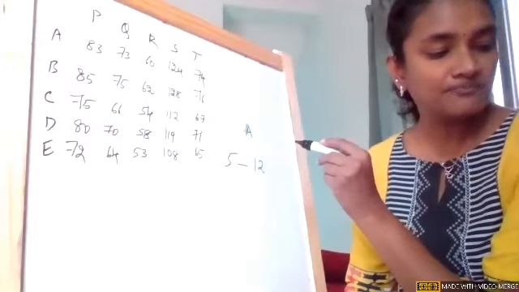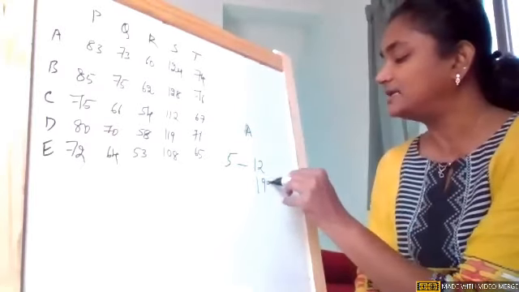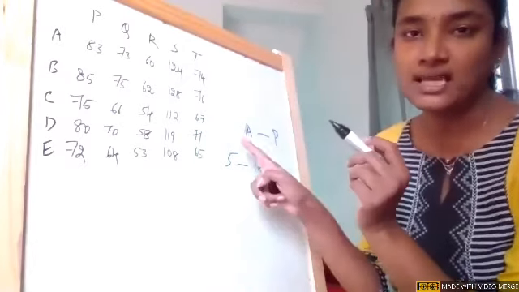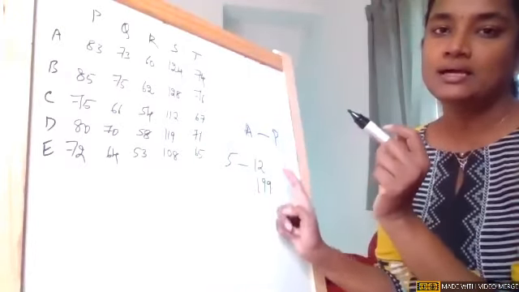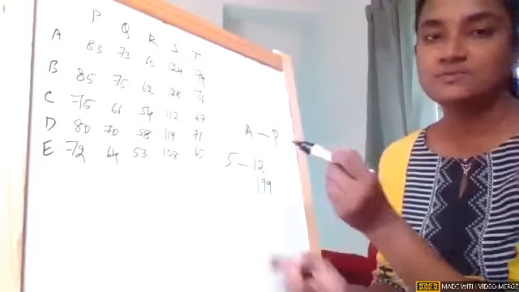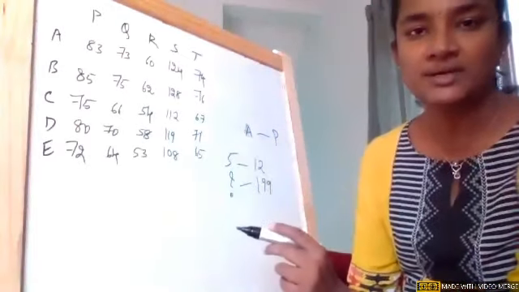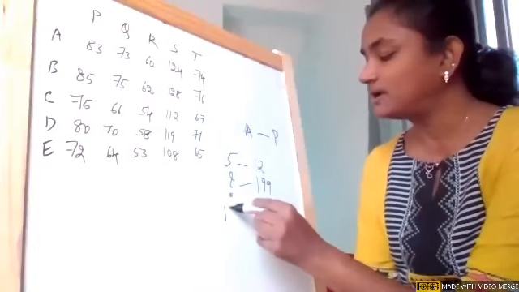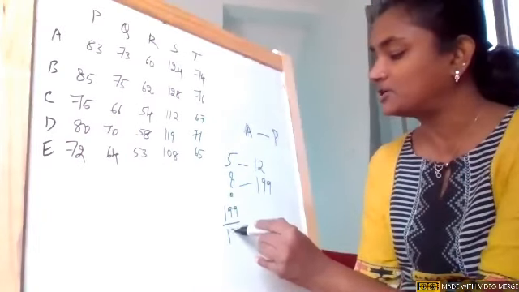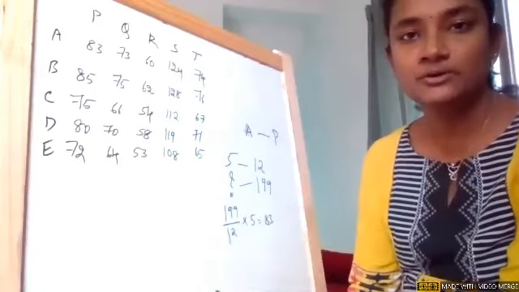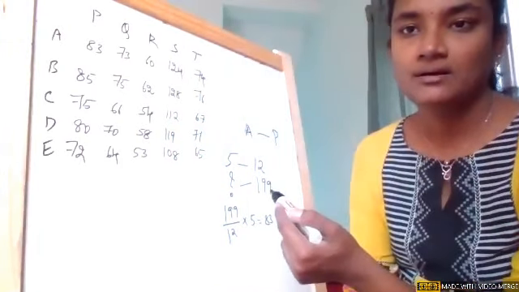Now if he's taking ₹5 for 12 pages, how much if it is job P? If it is the combination of A and P, if typist A is supposed to do job P, in P there are 199 pages which are to be typed. So how much will he be charging for 199 pages? Simple logic: 199 divided by 12 into 5 gives us 83. You can see that.